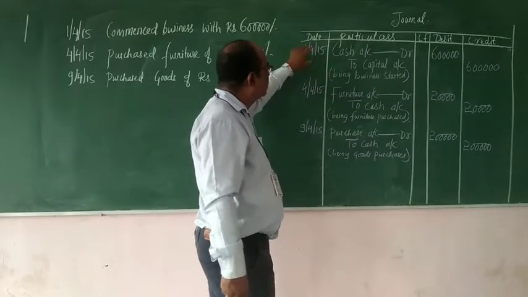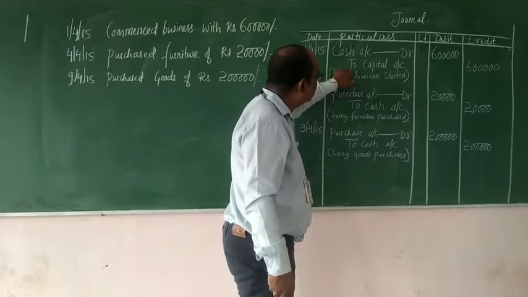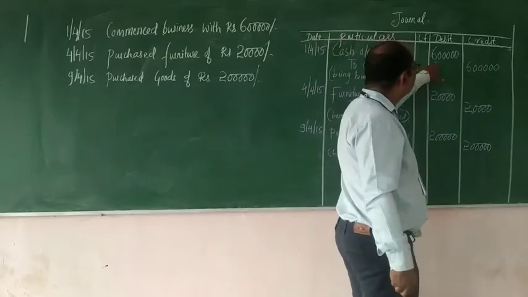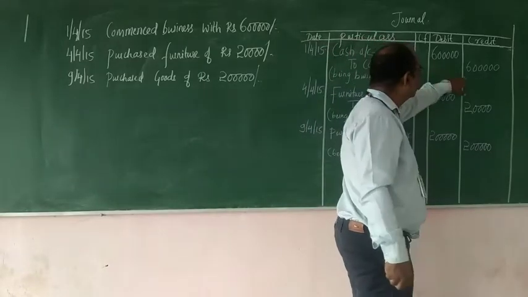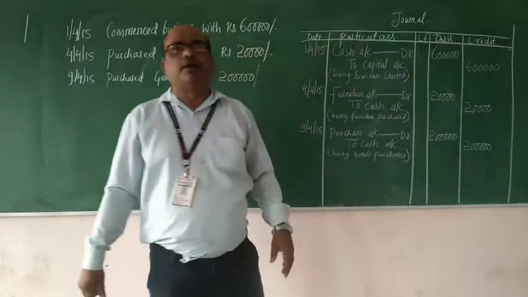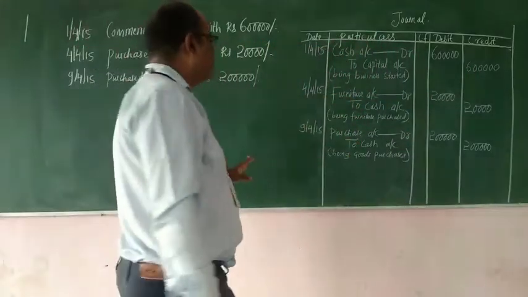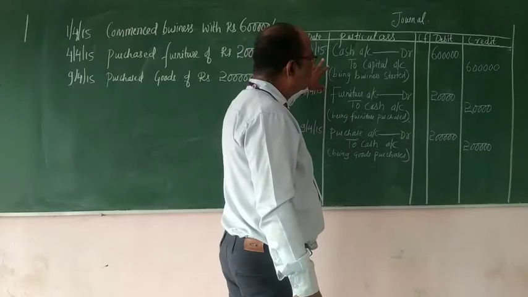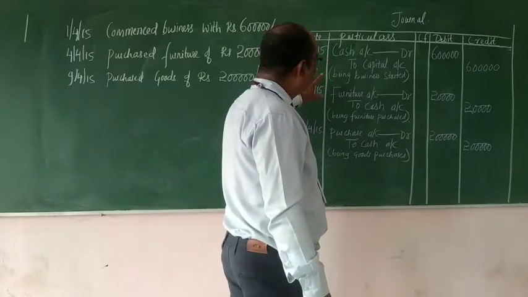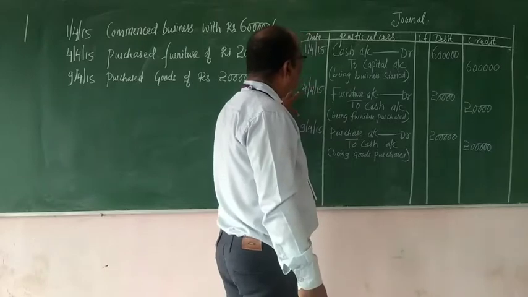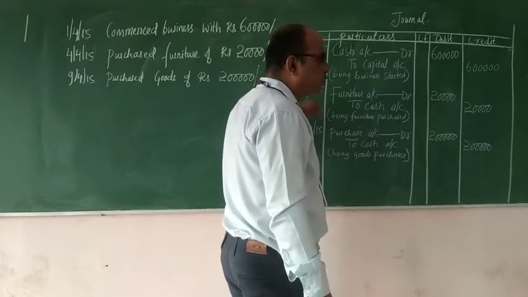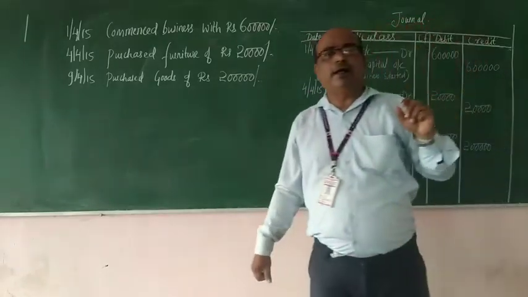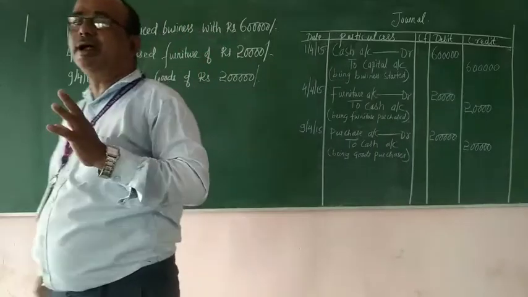So here, cash account, then leave a little bit of space and write the credit one, and write here 'to'. Put a line and write the debit in the debit column, and in the credit column write the credit. This is the format. You cannot vary this format. This format is pervasive, it is applicable throughout the world, so you are supposed to follow this format only. You cannot prepare your own format. So follow this format and write the journal entries properly, apply the rules properly, decide debit and credit first, and then you start journalizing the transactions.